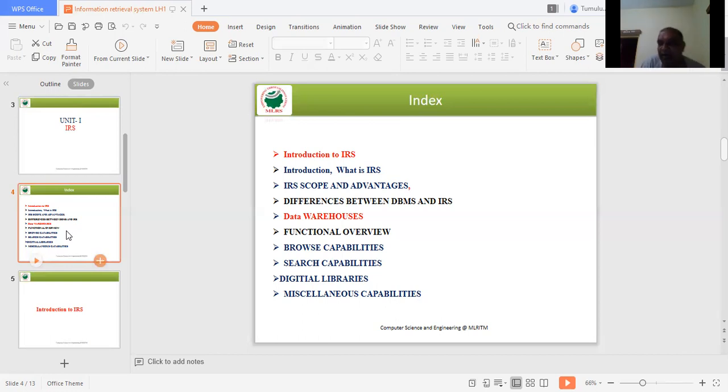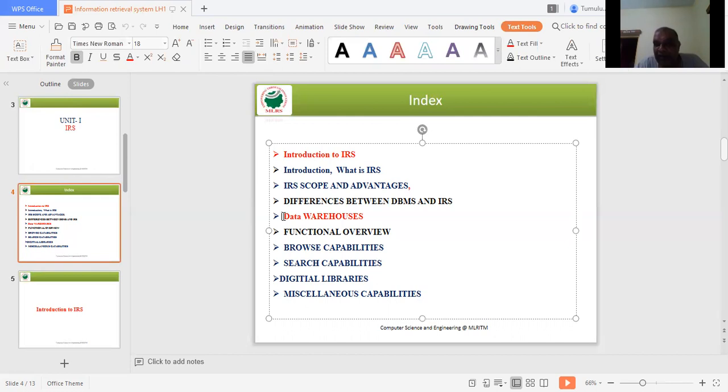This is how the information retrieval system works, with the query. The query will be given. We are searching for some information, and that information we enter, and it is processed in the server. The retrieval process is done from the history files which are kept for that particular purpose.